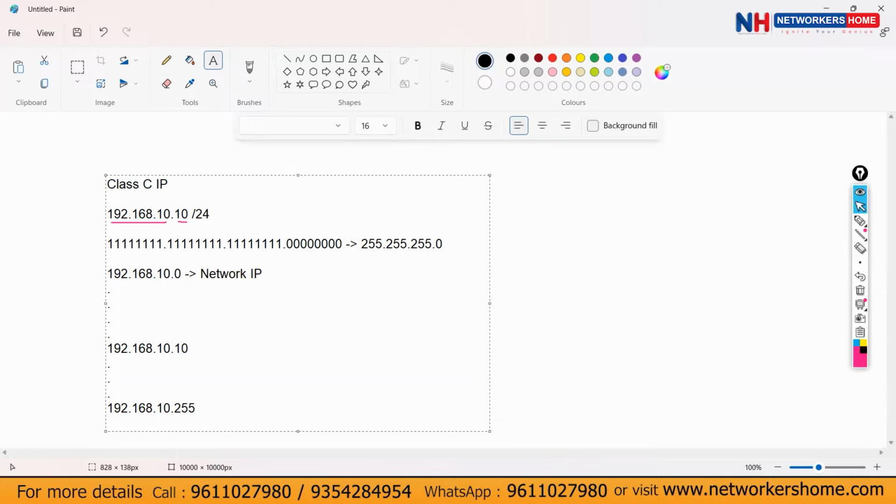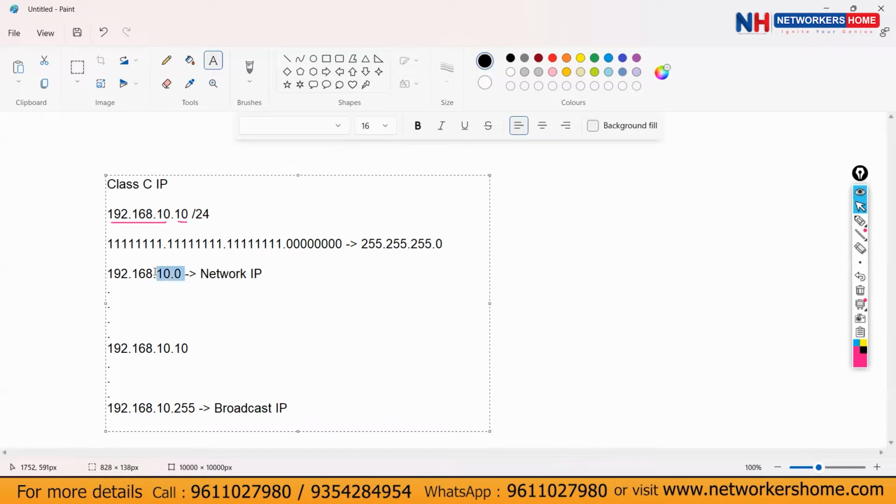So the starting point, we call this IP the network IP, and we call this the broadcast IP. The last IP in the network is known as the broadcast IP. The first IP in the network is known as the network IP. Anything in between, we can use for assignment purposes.